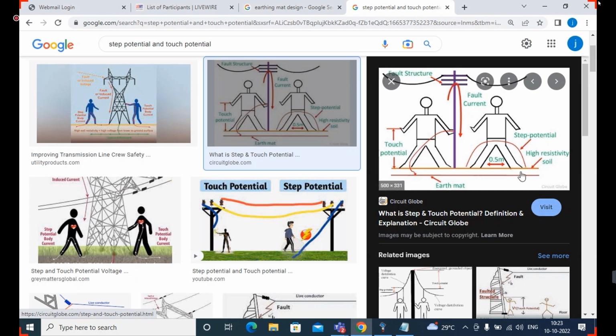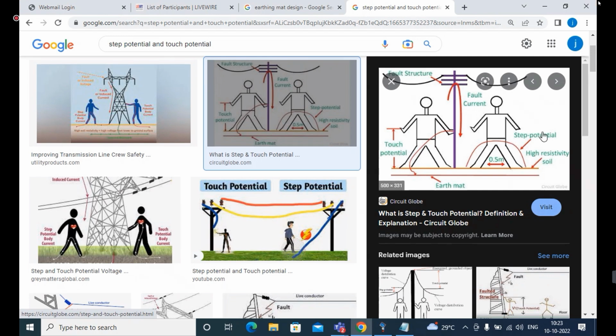Current will flow in the least resistance path only. Due to that reason only, we are calculating step potential.